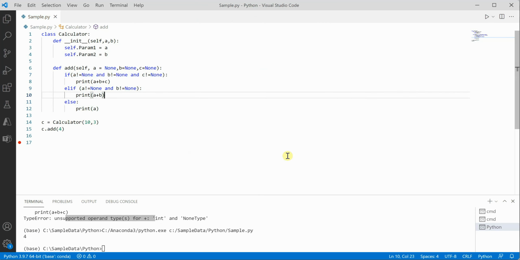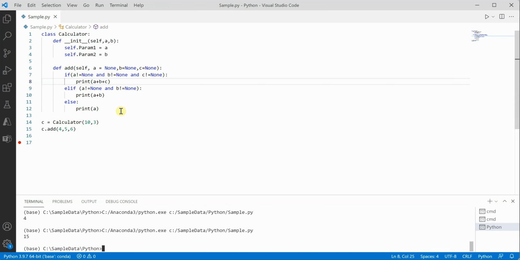Now if I go ahead and run it, you can see that this time we got the output as 4. Even if I pass two more parameters here, you can see that it is working. So this is the way we can handle it, and here we need to make sure that we assign some default value to all the arguments which could be optional or which the user may not pass. This is the way we can achieve the concept, although it is officially not part of Python. It's a workaround to achieve the same concept of method overloading.